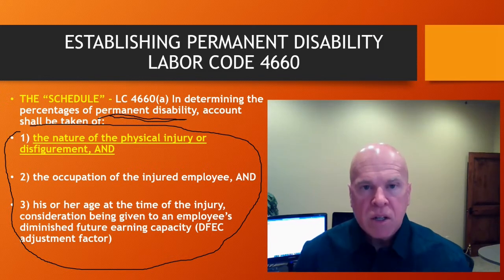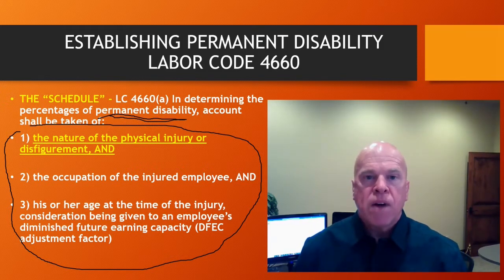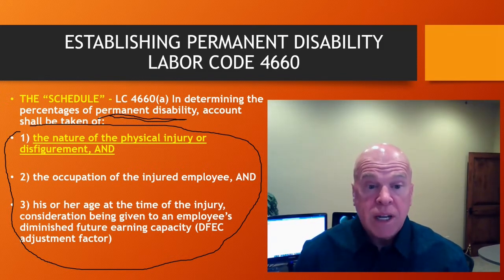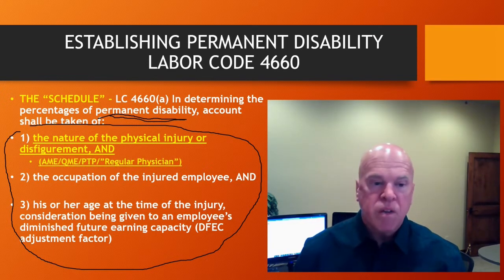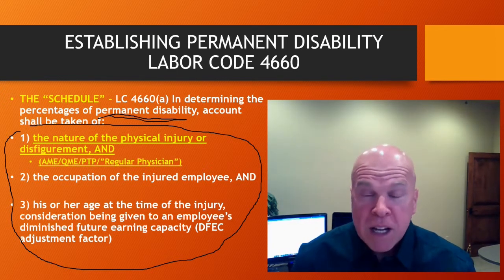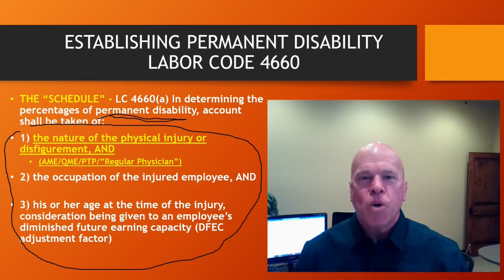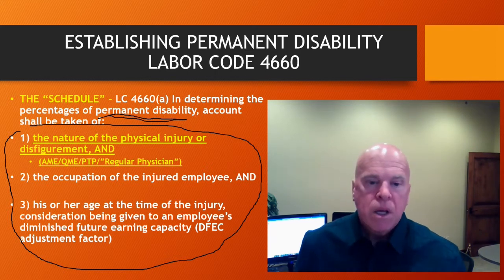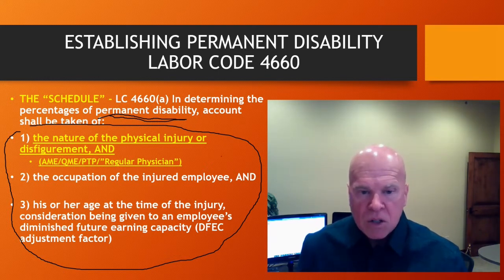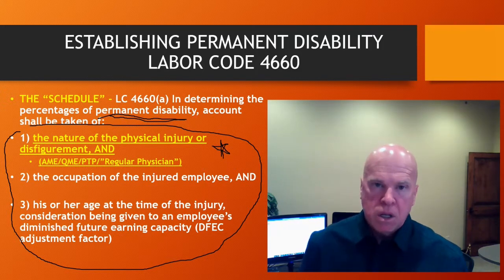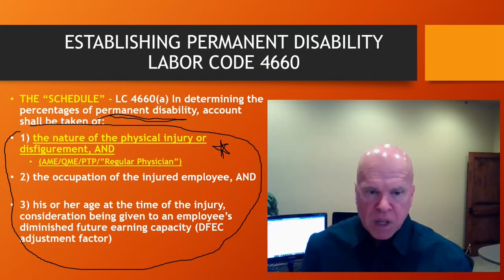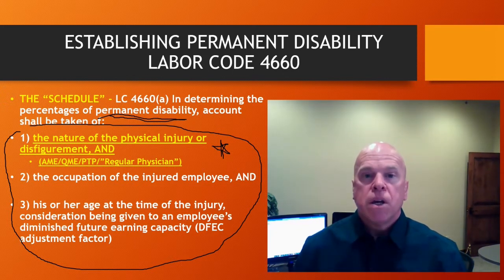Who do you think it is in the system that provides the description of the nature of the physical injury or disfigurement? Well, of course, that's our job. That's our job as the Qualified Medical Evaluator or the primary treating physician or the agreed medical evaluator. The parties rely on us in establishing this component,